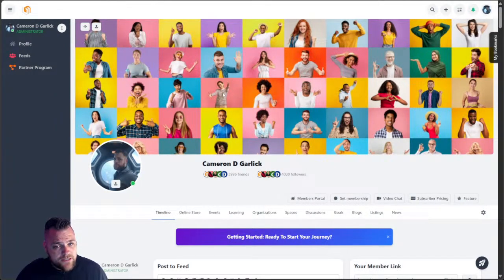The next thing is updating our cover page. We have a preset cover page for you. We always recommend you update your profile picture and your cover page because people do judge a book by its cover. How you do that is simply upload. You can click and select which one you want to upload. Once you upload them,